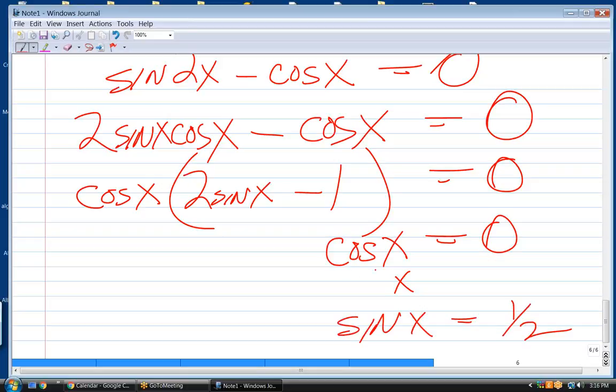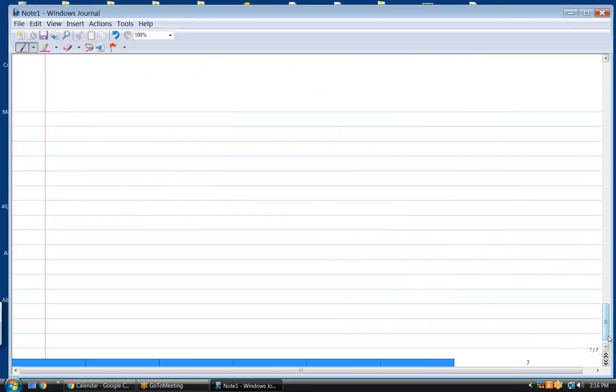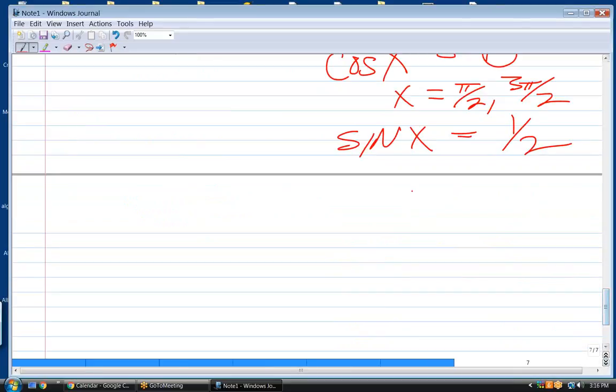I don't think so. What's the x going to be when cosine x equals 0? X is going to be, oh, yeah, it's not the same. Pi over 2 and 3 pi over 2. Right. And how about sine x equals a half? Where? 5 pi over 6 and